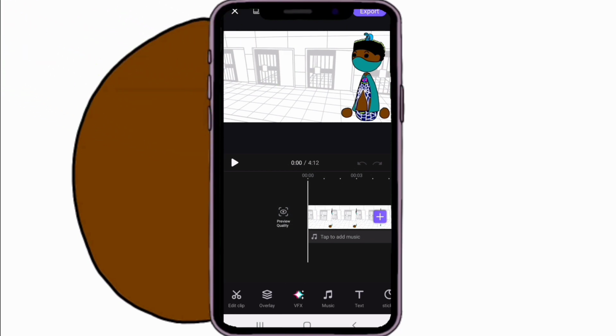You can do green screen and stuff in Vivacut. That's basically what I use Vivacut for: green screen, picture animation and text animation. After that, I just put my intro and outro on the video, slap some music on it, and export it, and then we're all good at that point. Then I just draw the thumbnail, put the thumbnail on the video, and upload the video. So that is the process of how I make my videos.